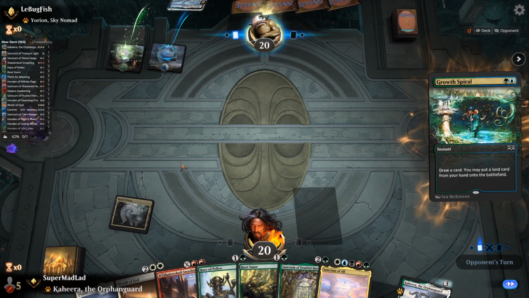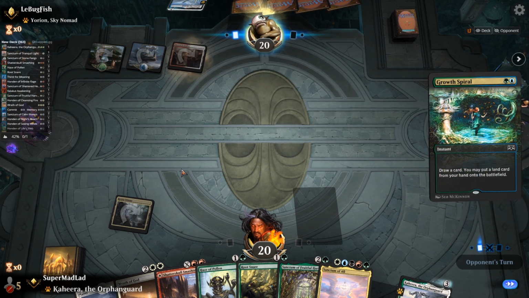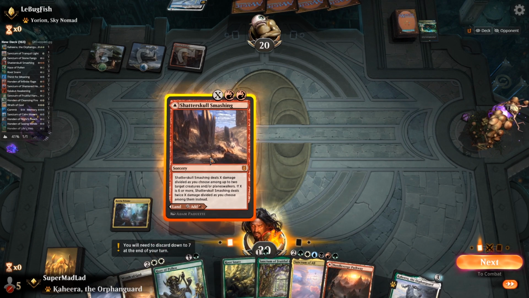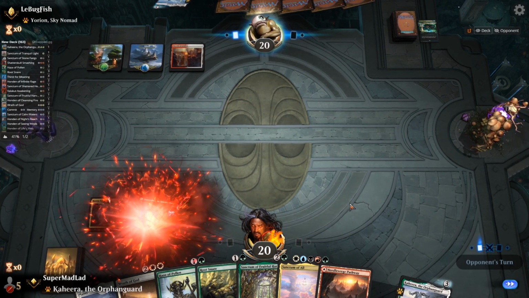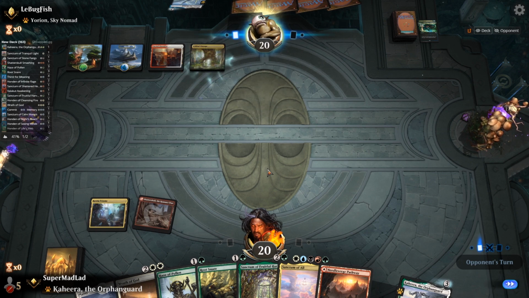Alright. Growth Spiral. This is an Uro pile. Okay. Could end up being a Sanctum list of their own, I suppose. That would be pretty interesting. I think we're just going to go with the Shatter Skull Smashing tapped here. Likely to need all the other colours of mana as well, so...